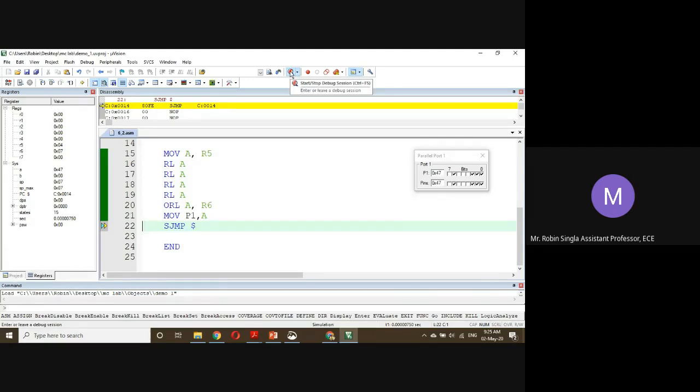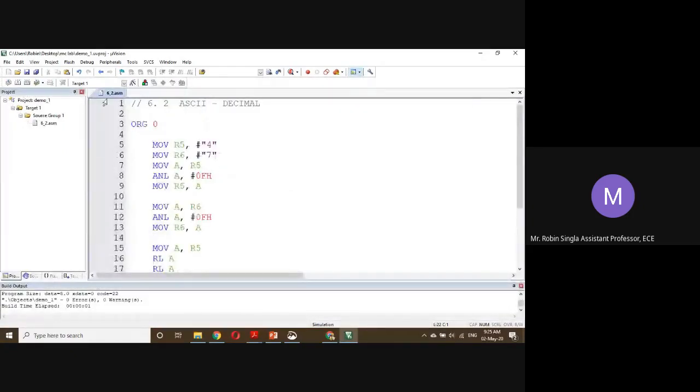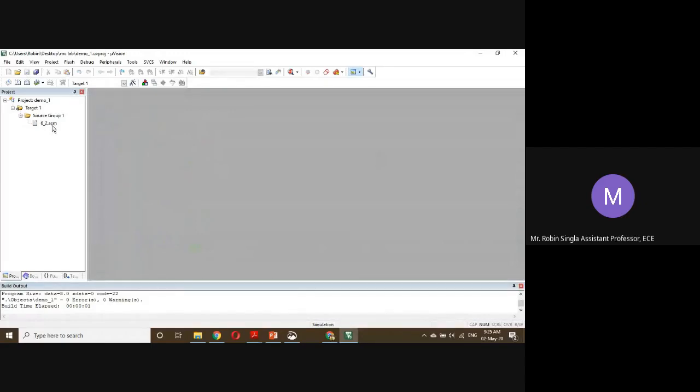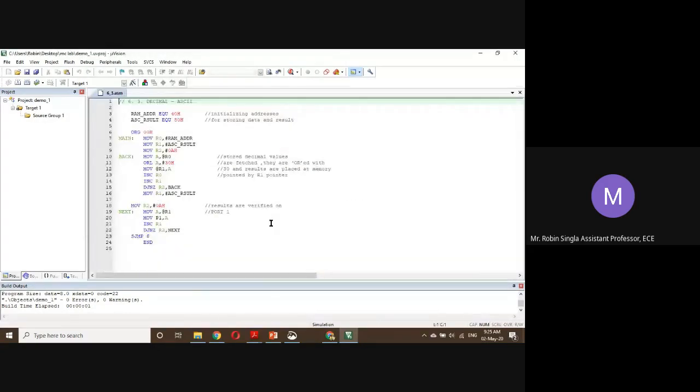This is your ASCII to decimal conversion. Now you see the third one. The third one is decimal to ASCII.